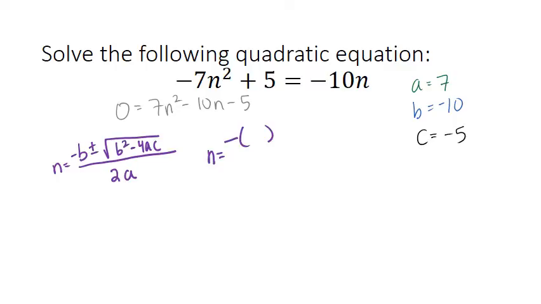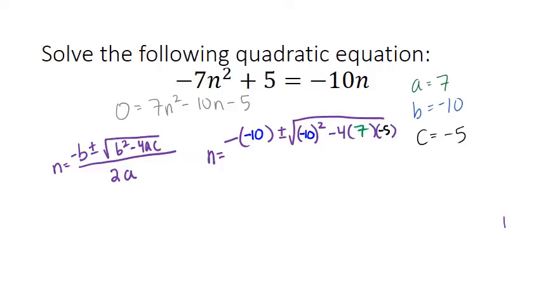So b is negative 10, so we're going to put a negative 10 in for b. Plus or minus the square root of b squared, so b was negative 10, so we're going to put that in again, minus 4 times a was 7, times c was negative 5,